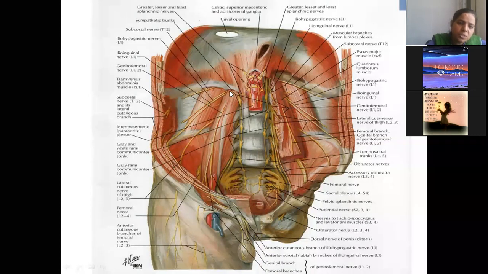The nerves are going between these muscles. Then can you see these nerves as they are passing, they are coming to lie in the anterior abdominal wall between external and internal and transversus. This is subcostal, this is iliohypogastric, this is ilioinguinal. When you call it ilioinguinal, that means it has to come down in the inguinal region, surrounding the external genitalia. The rest will go to the anterior abdominal wall.